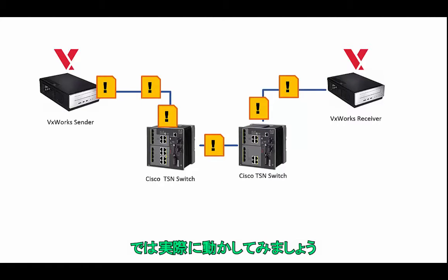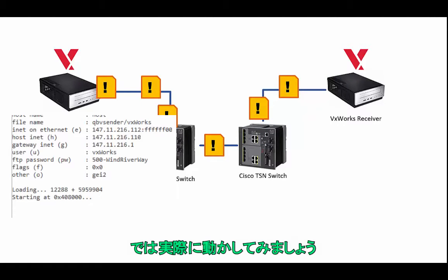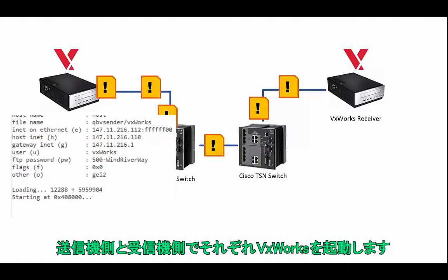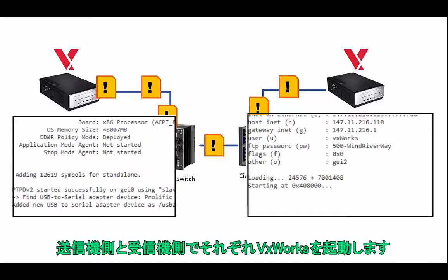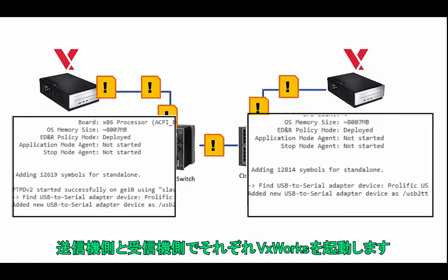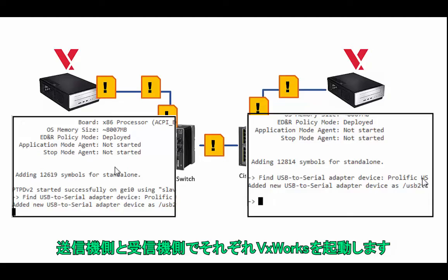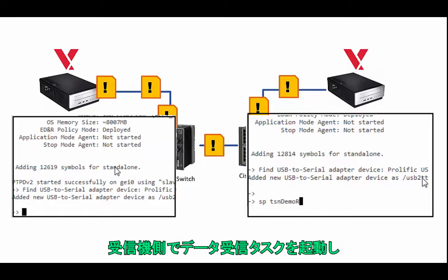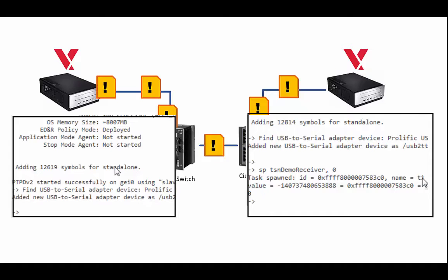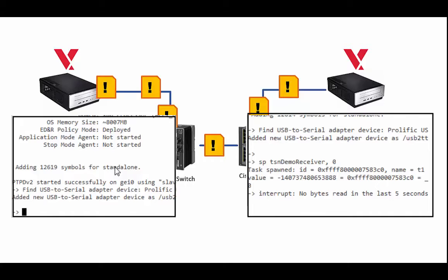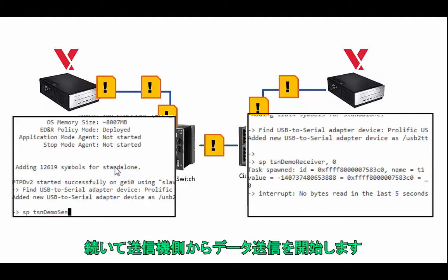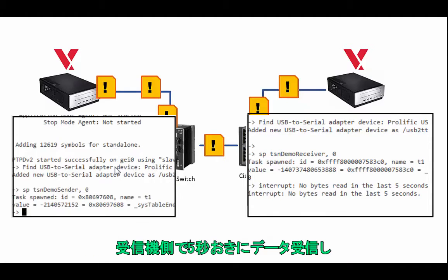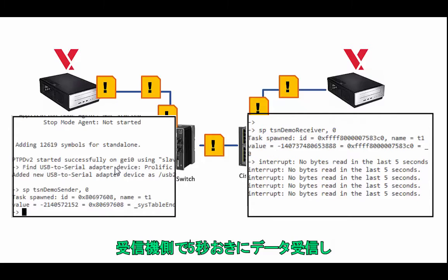I'm going to boot up VxWorks. And here is the console to my sender, and here's the console to my receiver. On the receiver, I allow it to listen for some messages. On the sender, I start sending the messages, and the receiver shows messages being received